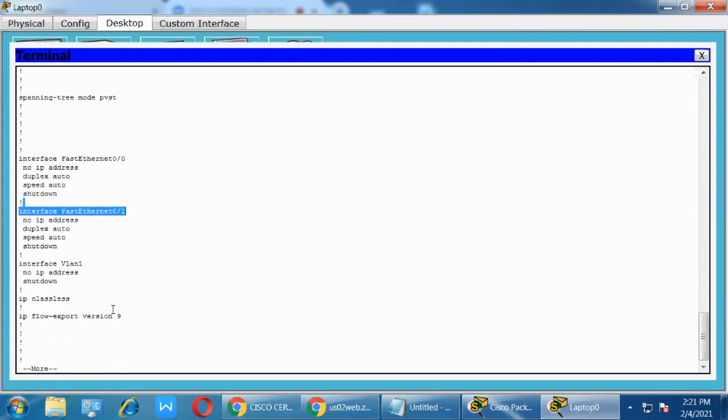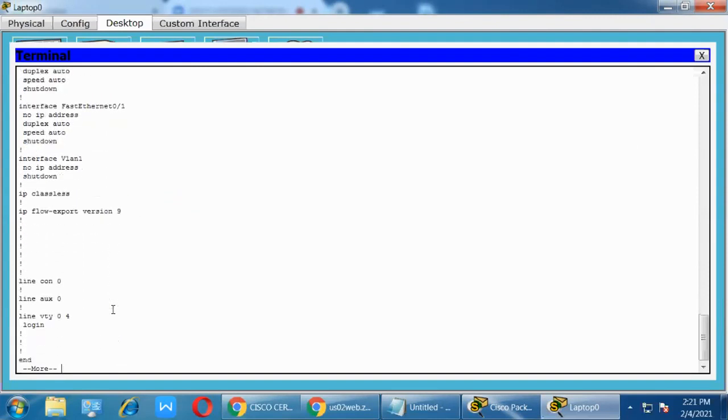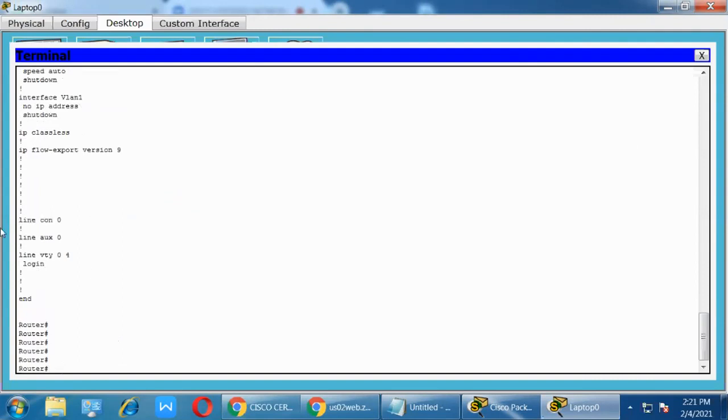Okay, now check the console. This is the console. Line console, line auxiliary port, line VTY. I already told you the auxiliary port acts as a console port, because if the console port is damaged, at that time you can use this one. Okay, got the point? So this is the console port, console interface, and this is the VTY, we will discuss later on, right? So now we are going to consider this one.